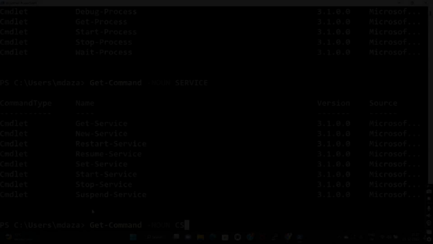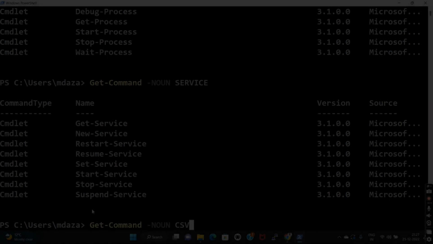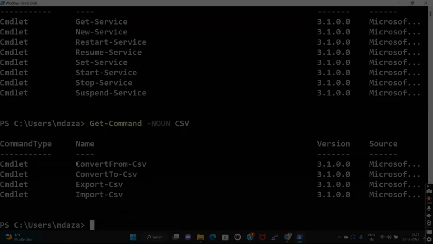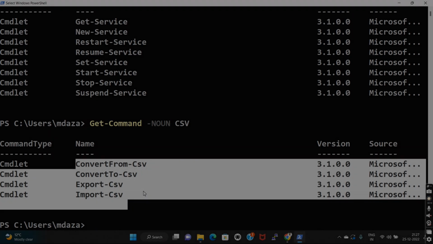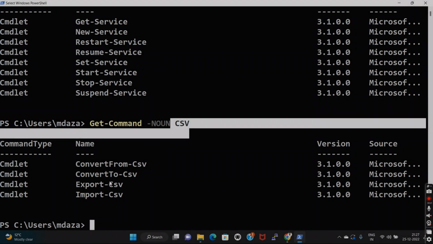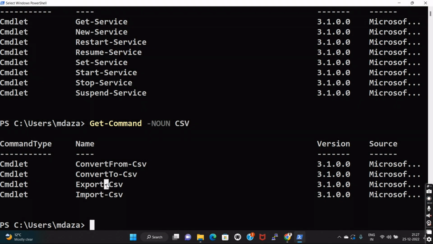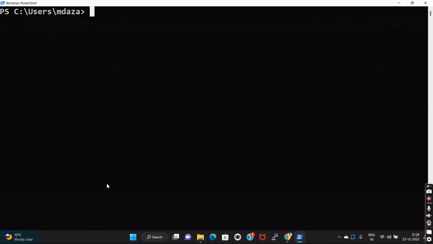If you want to see another thing like CSV, you can see that also. Now you can see these are the commands which are related to CSV, right? So all about this, let's Clear-Host. It will clear your screen. Hit enter. So it has been cleared. Let's see the next